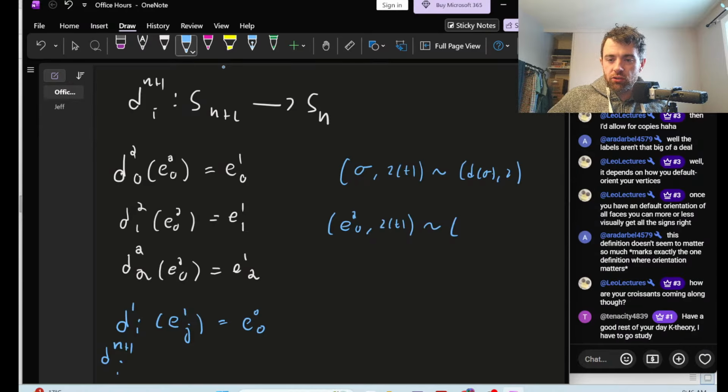This definition doesn't seem to matter so much. Marks exactly the one definition where orientation matters. Oh, okay. Whatever. And then let's say I apply the map D20. So this should be equivalent to D20 of T. But that is going to be E10T. And I want to make sure that I'm gluing right along the inclusion of this boundary. So right, I want to make sure that I'm gluing these along the boundary. But